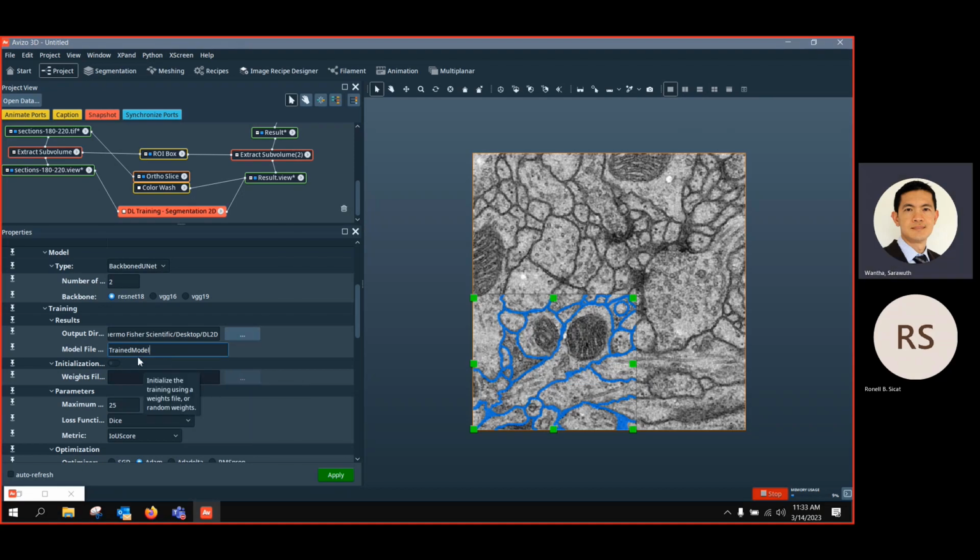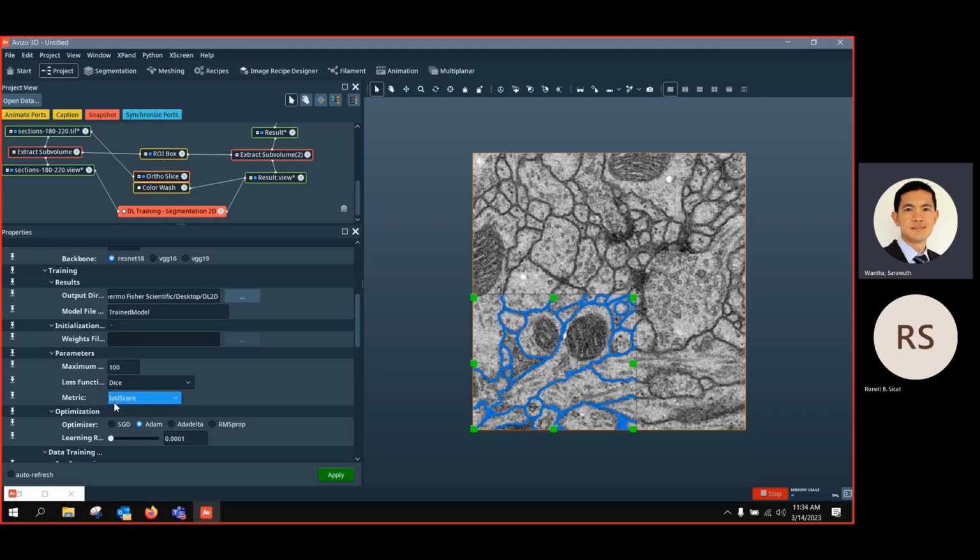Usually when you create this name, we try to include all the information of the parameters that you input, so you can see which parameters you used. For example, in terms of parameters, down here we have the maximum number of epochs. By default it is 25, and we can try 100 epochs. For the loss function, the dice metric is okay. For optimization, it's as you prefer. You could try SGD, but from most of our experience, Adam is also good. So stick with Adam. For learning rate, 0.1 is okay, or sometimes you can increase it to 0.5